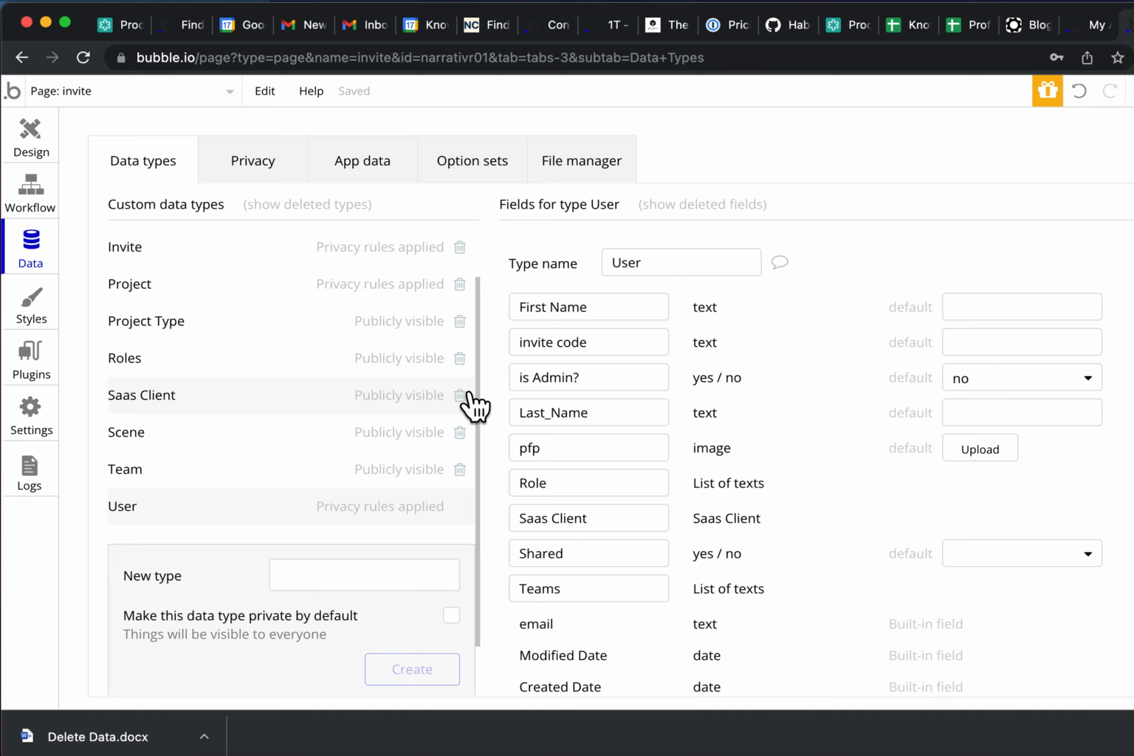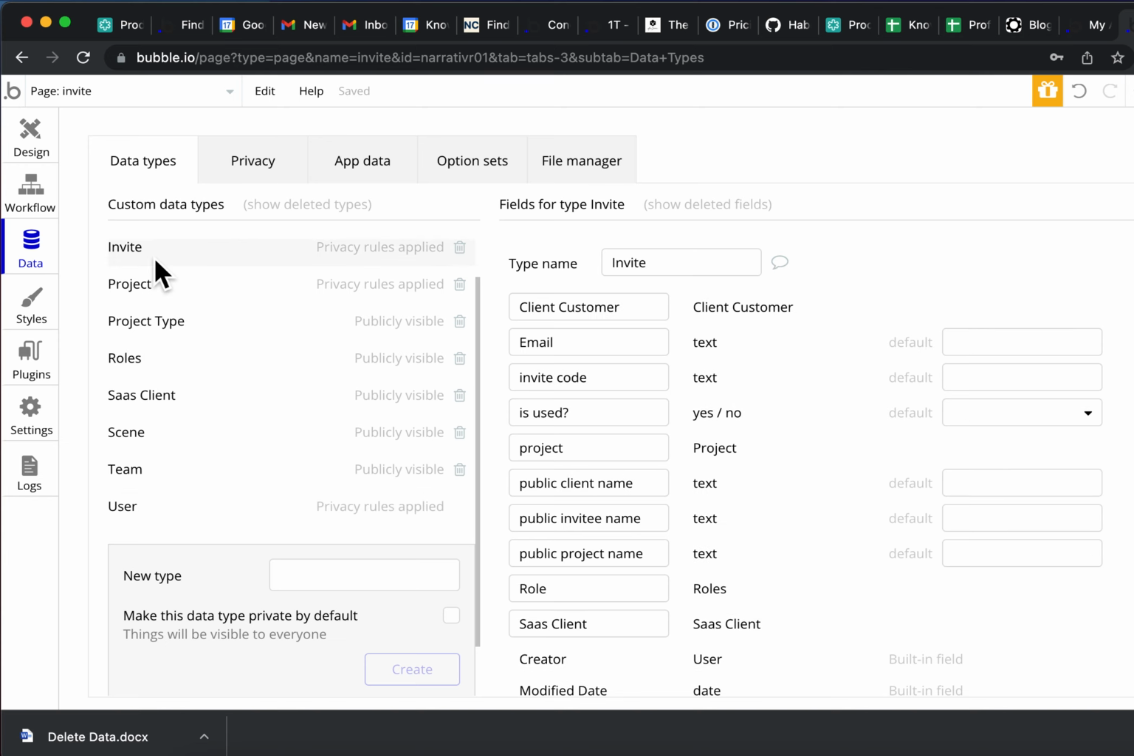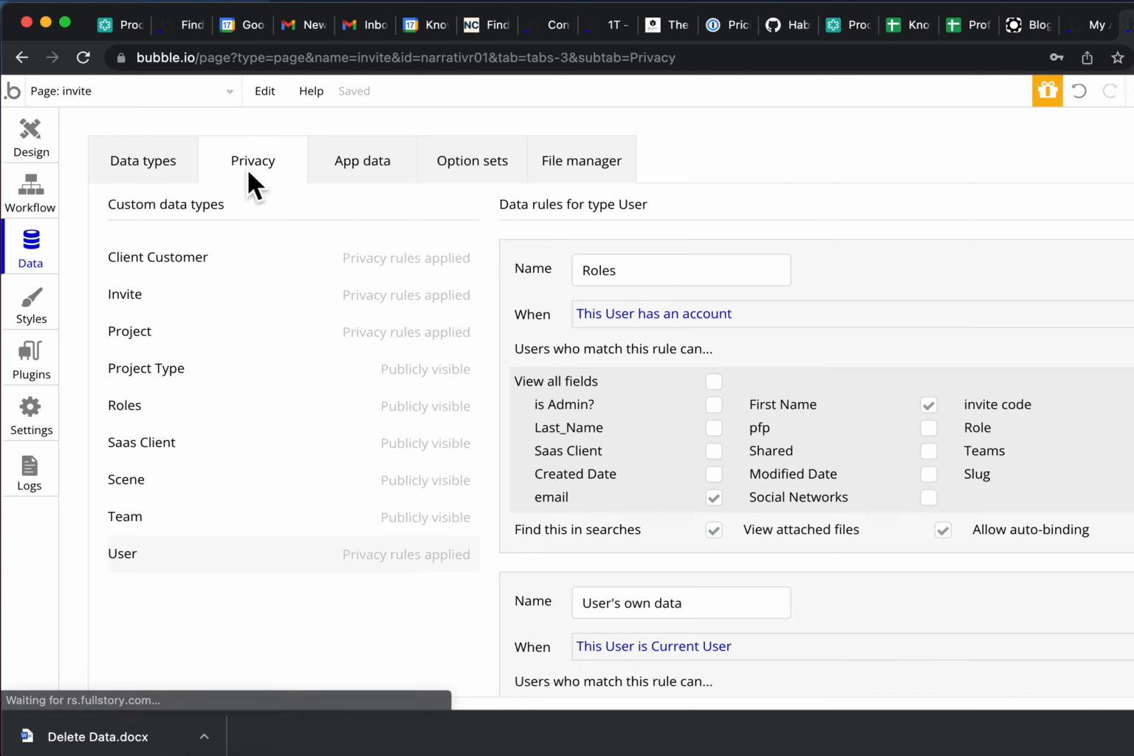So the way we can design a Bubble app to do that and apply all the privacy rules is, when we create an invite, we put all the things on it that we need in order to sign a user up, but we only put a few things on there that are public. And then here's the privacy rules on the invite, and it says